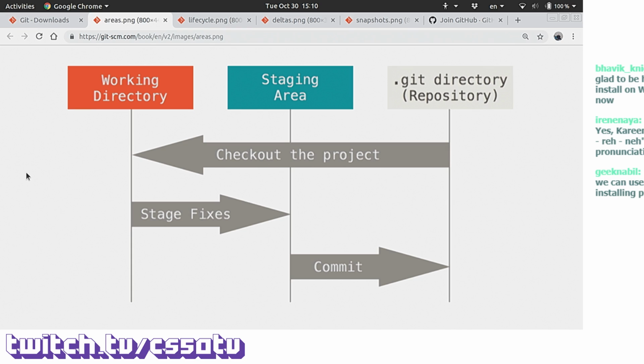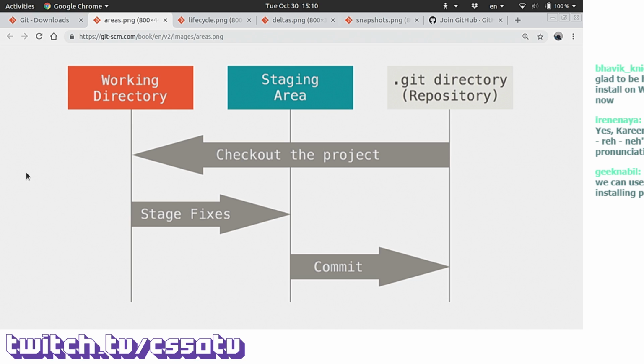There's a second place called the staging area, or the index as it's sometimes called, and this is where we mark these changes to be committed in the next commit, or save these changes, or mark them, hey, I'm going to save a snapshot of this when I do git commit next time. And then finally we have the Git repository, which is where we have these changes actually saved.